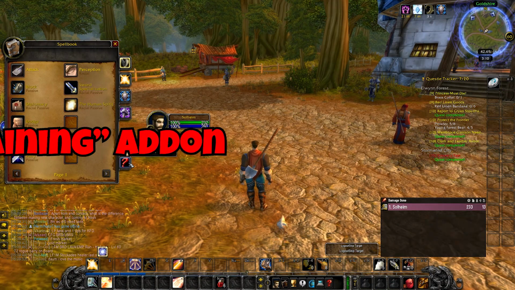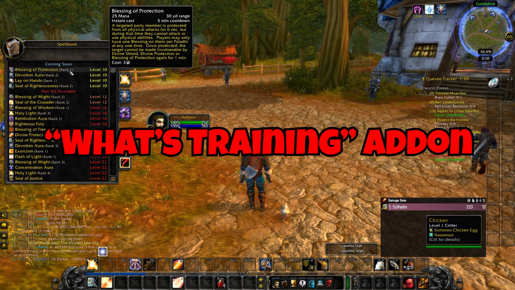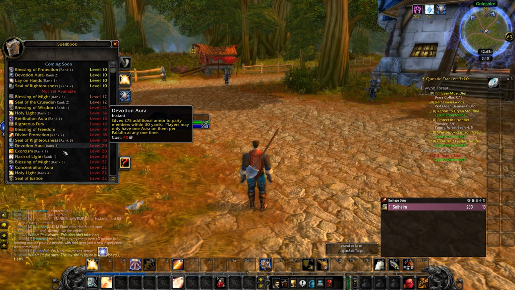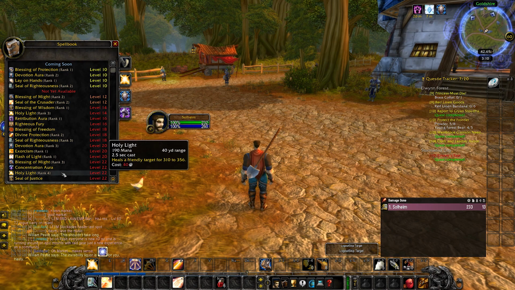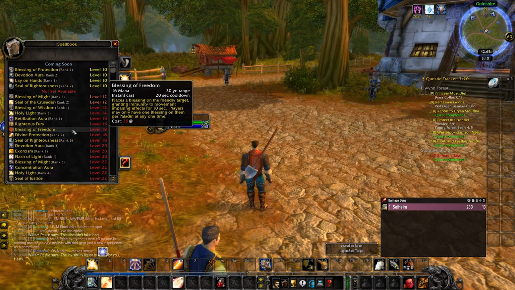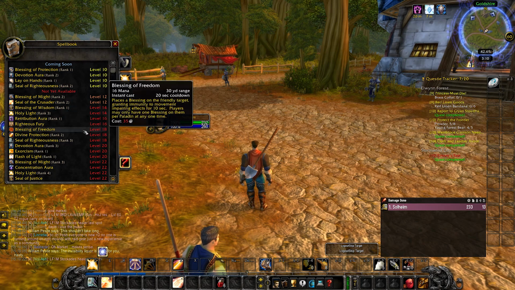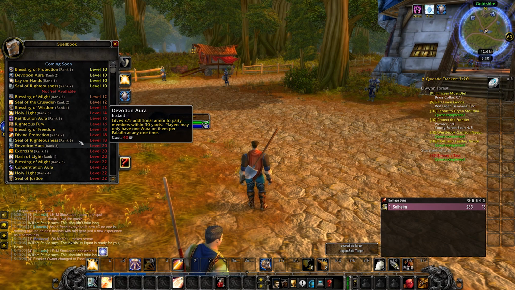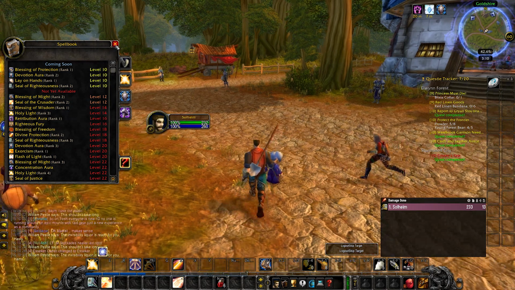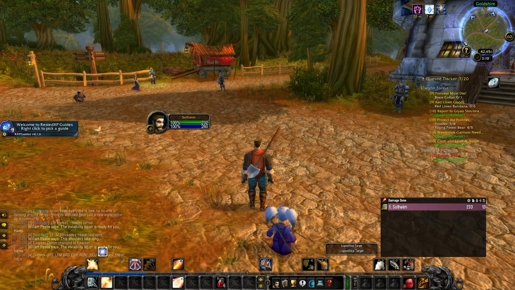Next up, download the add-on What's Training to save unnecessary trips to your trainer. This add-on will unlock an additional tab in your spellbook to see which abilities are available at your current level, plus the upcoming levels, so you can see which abilities you can train at which level. This helps you plan your trips to your class trainer, and you also know which levels provide big ability upgrades. So instead of going to your class trainer every 2 levels when you have upgrades available, maybe you can schedule in a class trainer visit every 4 or 6 levels instead, effectively allowing you more time